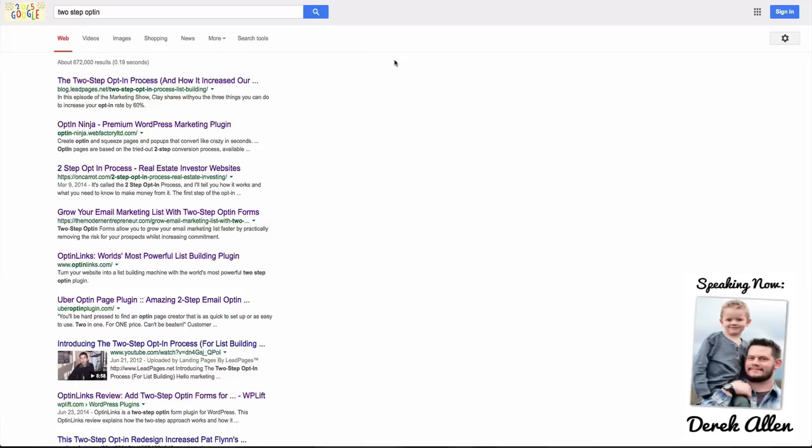So have you seen these two-step opt-in processes? This is kind of new technology. It's been out the last year or so, and it's got internet marketers absolutely drooling over themselves just because of how well these things absolutely work. These two-step opt-in processes, if you don't know, is basically a user visits a page and then they click a button or a link and a box pops up, and inside of that box is an opt-in form. It's a very non-intrusive way for you to get and gain the trust of your visitor, and it just works